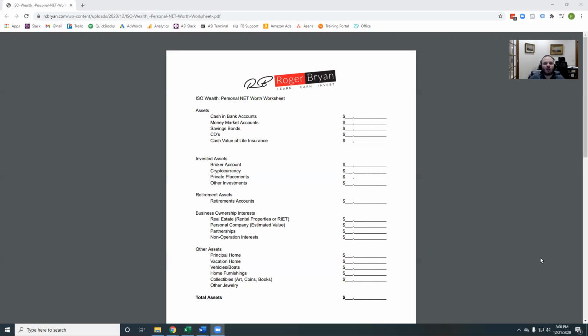Retirement assets. Let's take all of the different retirement accounts that you might have and put them together. If you have a Roth, a SEP, a 401k, a solo 401k, whatever you have, just combine all those numbers together in one line. Now, why do we have those separate from other invested assets? Because they have an opportunity to grow. And if you've done right, mostly grow tax-free, which means we're going to work to max those out in our underlying planning as we work towards our wealth goal.